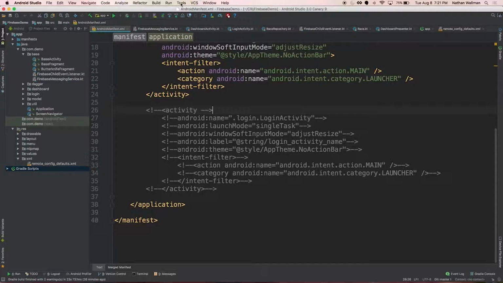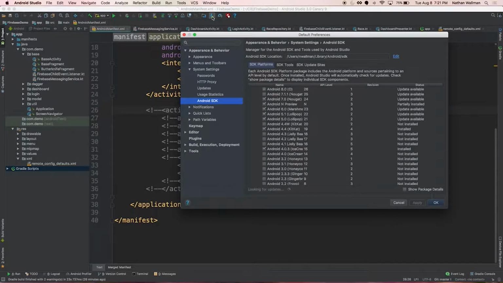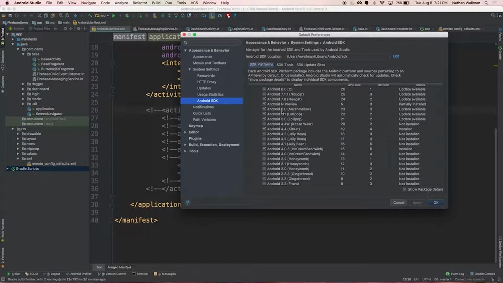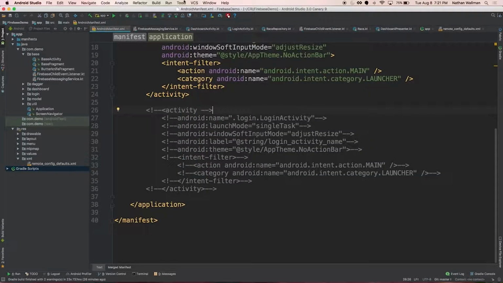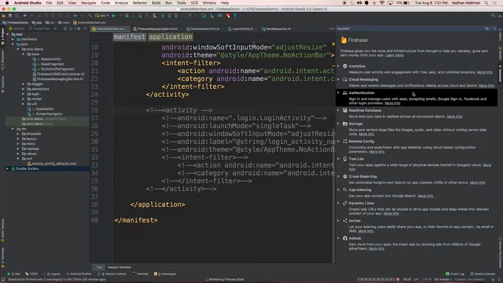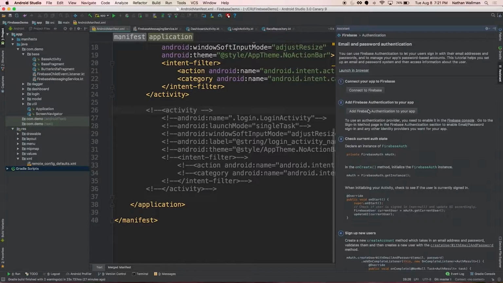So first off, if you haven't used Firebase before, the first thing you want to do is install, under the SDK tools, this Android support repository. When you install this, it gives you this Firebase Assistant. So I can go to Tools and go to Firebase and run the Firebase Assistant, which can help you get started if you haven't done Firebase before. I've already gone ahead and installed this, but let's say we're going to start with authentication, I want to set up an email and password authentication. It goes in and gives you the steps you need to get this started.